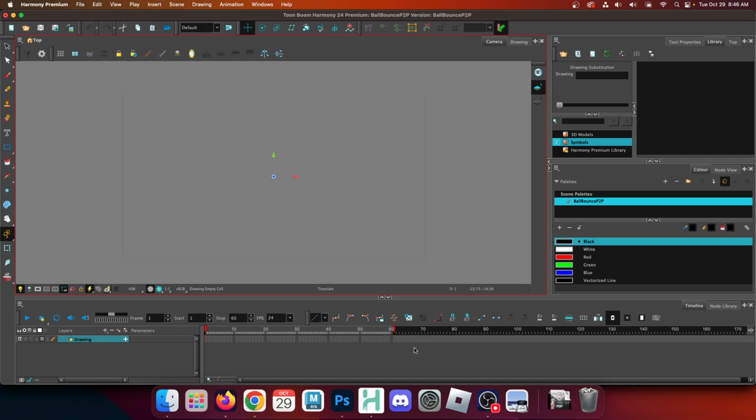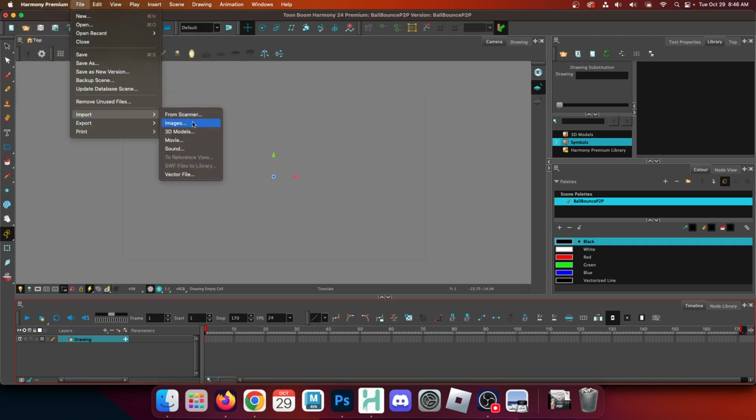So I just have an empty scene here. And before I even load anything up, just because it'll automatically extend my exposure for me if I do this, I'm going to give myself 170 frames of time. I'm probably not going to need all of this time. In fact, I almost guarantee I don't need all of this time. But there we go, 170 frames. Boom. So now I'll go ahead and bring in